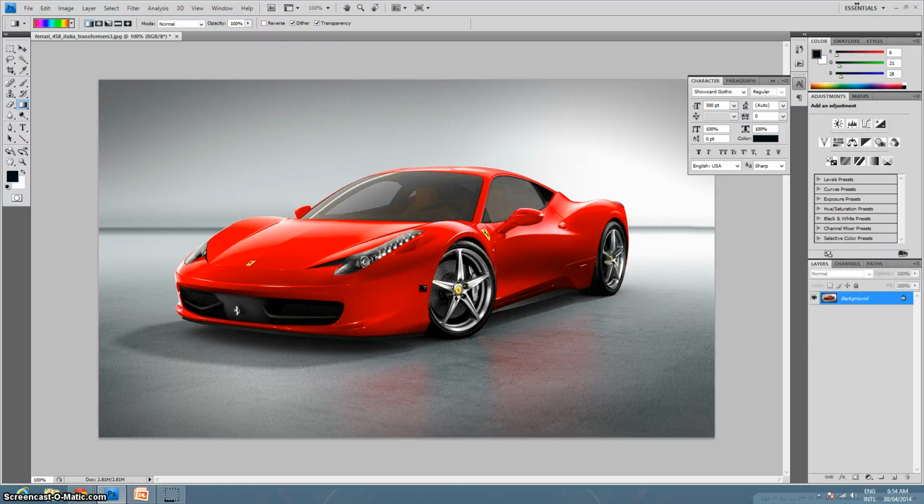Okay, so for example, now let's have one image open. So initially, make sure you have one image open. For example, in my case, I have this Ferrari car image open. Okay, and once you have opened up an image, create a new layer, and on that new layer, you are